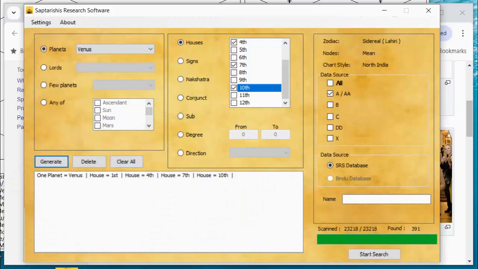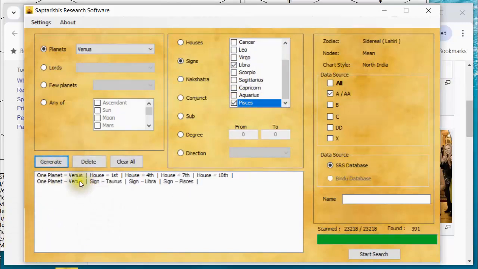But is that Malavya yoga? No, that's only half of it. The other half of it is Venus has got to be strong by sign. So I've already got Venus ticked off here, and it's the active ingredient here. So now I click on this signs button, and I go and select the signs that I need for Venus to be in. Well, Venus has got to be in its own sign or exalted. Own sign, Taurus, or Libra, or exalted in Pisces. That looks good. So let me click that, generate, and see that I get what I want. Venus is in Taurus or Libra or Pisces. Yeah, that's good.